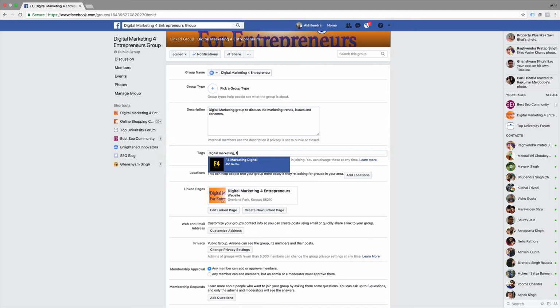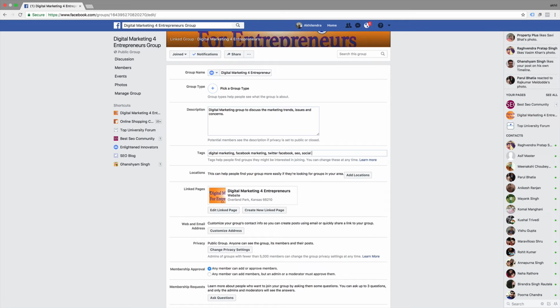So make sure we don't end up accidentally selecting some other page, because then it's not the right thing to do. So we can also use the popular tags, and let's say SEO